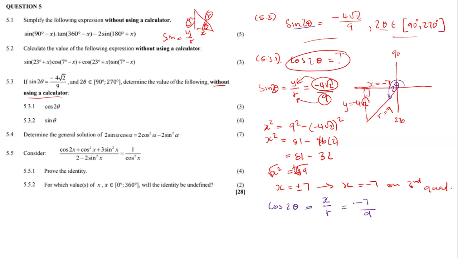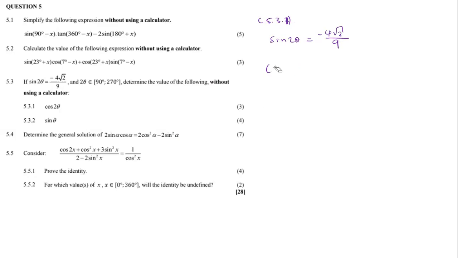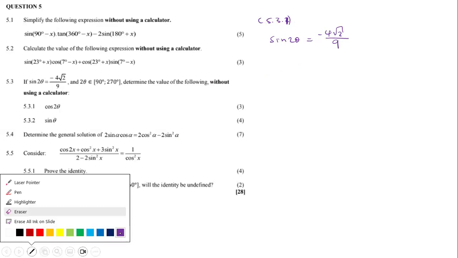But if you want to do it quickly without doing the diagrams and all of that, let me show you another way of doing this. Feel comfortable to do it in either one of the two ways. It's 2.1. You can also do it like this. Remember, we are given that sine 2 theta is equals to negative 4 square root of 2 divided by 9. So we are looking for cos 2 theta. So you can do it like this. You can use your identities. Remember that according to this identity,